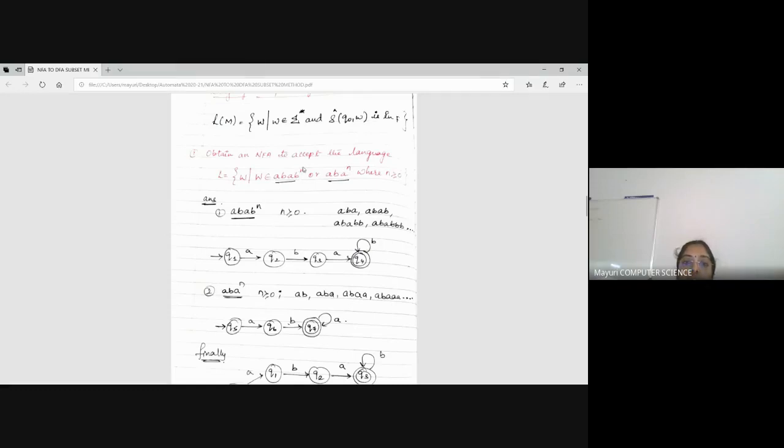First string I have taken, the pattern is like this, a b power n when n equals 0 or more. So you will get such type of strings, ABA, AB, ABA, BB, like that. So it definitely ends with a b or one of the string that doesn't end with b. Okay. So how do you write a DFSM to that? Sorry, NDFSM, no? It's okay.